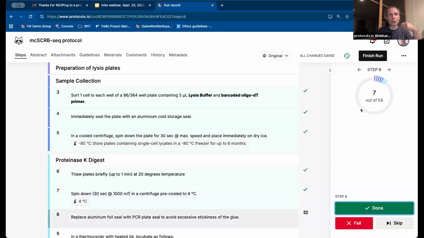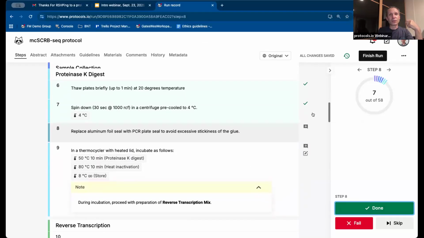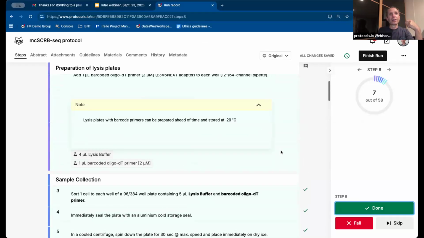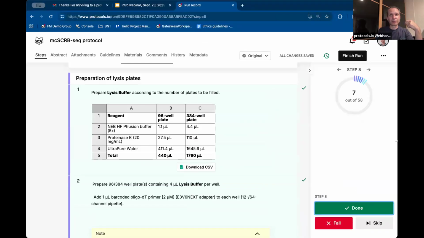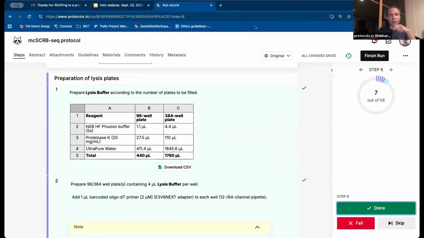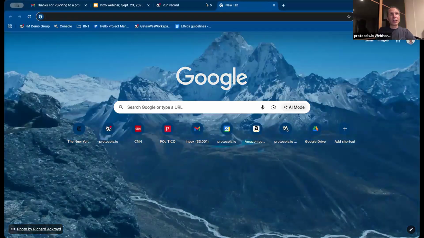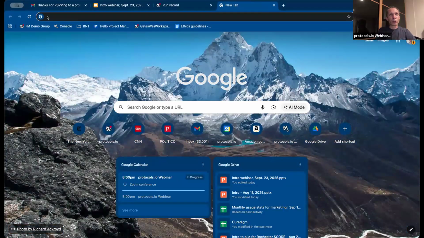So you see your progress through the protocol, you save it, you finish it, and then you can export it to your notebook, print it out, or just have it in Protocols.io as a record of how you ran the experiment on that particular day. All right, so this is the run functionality. And the last thing that I want to show on today's webinar in terms of the live demo,